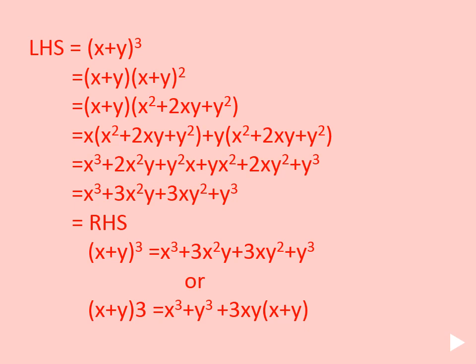So I think no further explanation is required here. You know the expansion very well. We have to multiply each term, expand each bracket. Then the result we get is x plus y whole cube equal to x cube plus 3x square y plus 3xy square plus y cube. When we write it this way, we can use it in problems: x cube plus y cube, the cubical terms written first, plus 3xy taken as the common term, and in the bracket we get x plus y. So this is today's first identity, that is the sixth formula for us.